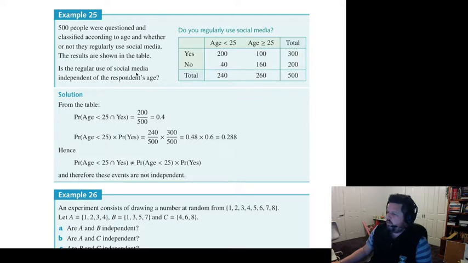So what we can do is, first of all, we're going to find out what the probability of their age being less than 25 intersecting with yes. So in this particular case, probability of being less than 25, intersection yes, that's this response here. I should really draw that on there. That's probability of age less than 25 and yes, it's 200 out of the 500 respondents there. So that simplifies down to 0.4. Cool. Now, if they are independent of each other based on the rule,